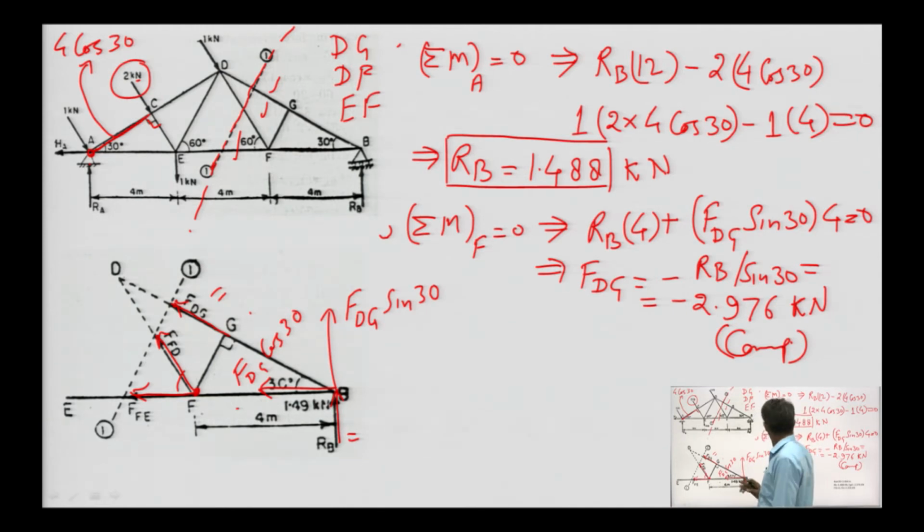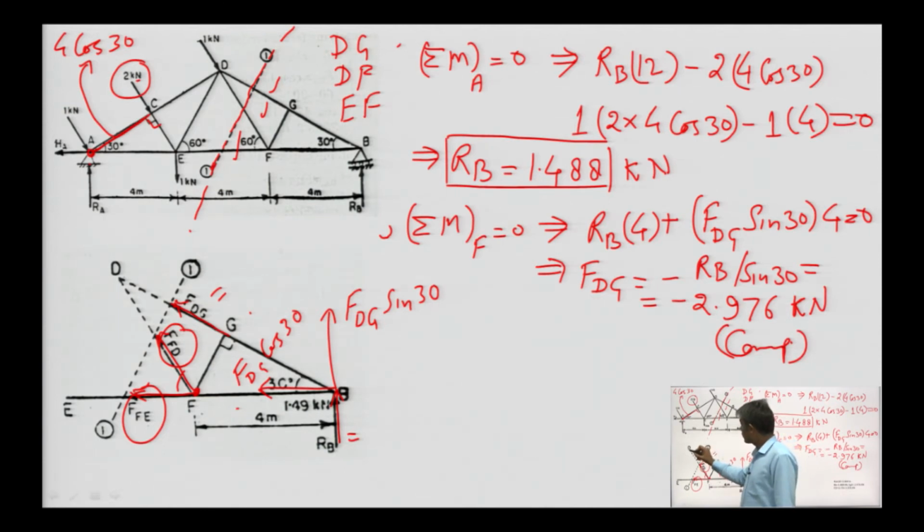Okay. After this, to find the other force values, this one and this one, what do we need to do? We can apply other equilibrium equations like sigma F_x equal to 0 and sigma F_y equal to 0. If we apply sigma F_x and sigma F_y, then this force F_D needs to be resolved in the horizontal and perpendicular direction. But here we can do one more thing.